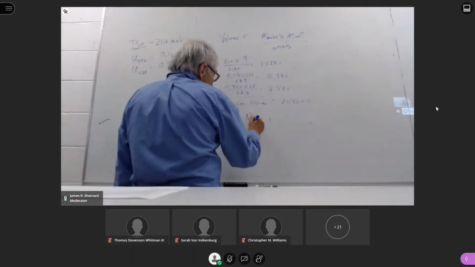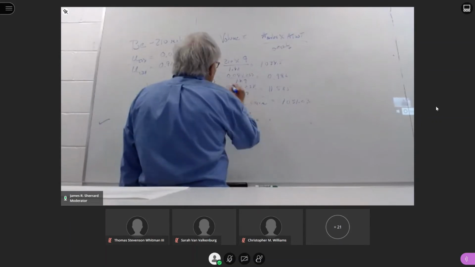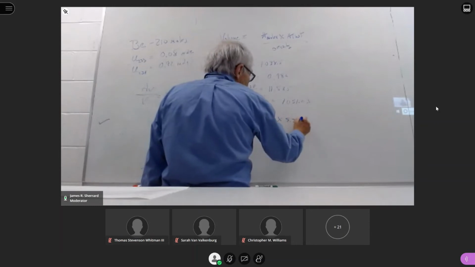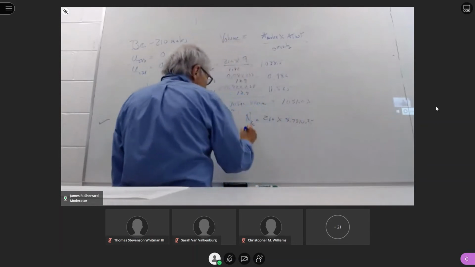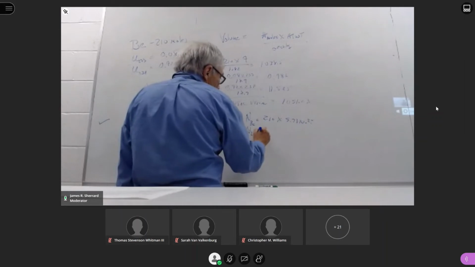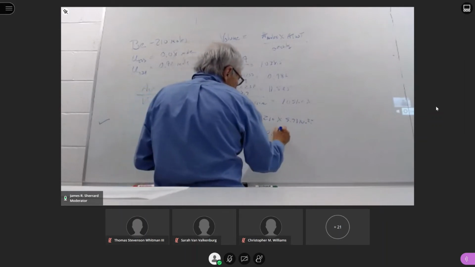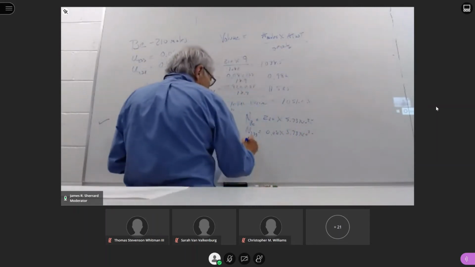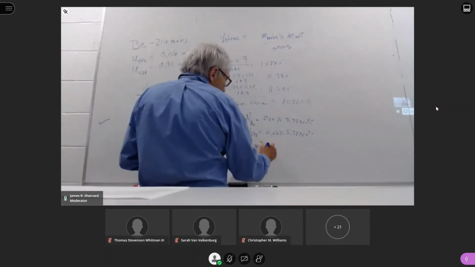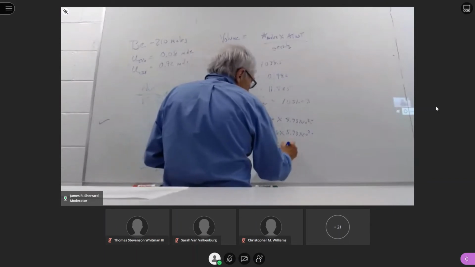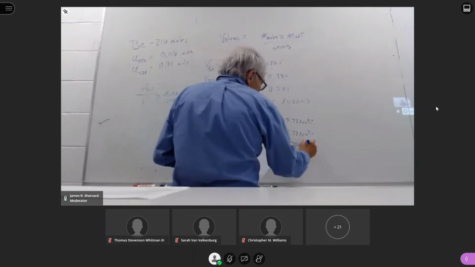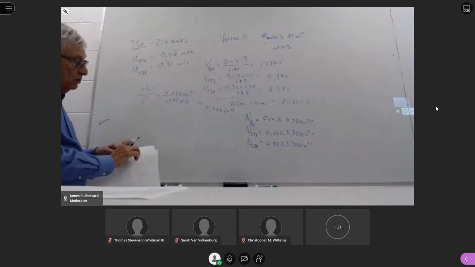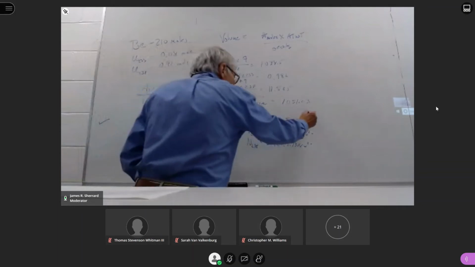So the number density for my beryllium is going to be 210 times 5.73 times 10 to the 20th. My number density for 233 is going to be 0.08 times 5.73 times 10 to the 20th. And then finally, my number density for 238 is going to be 0.92 times 5.73 times 10 to the 20th. Okay. Once I have those values established, in particular these values,